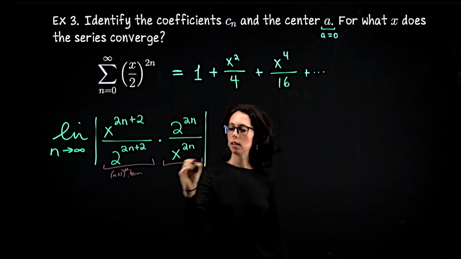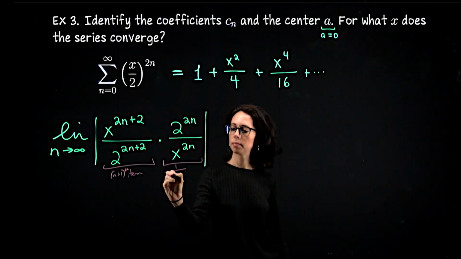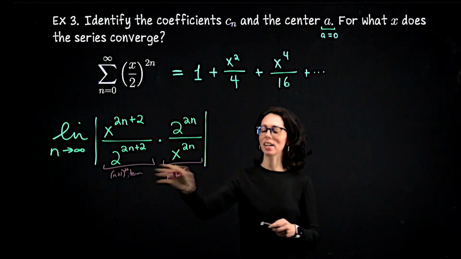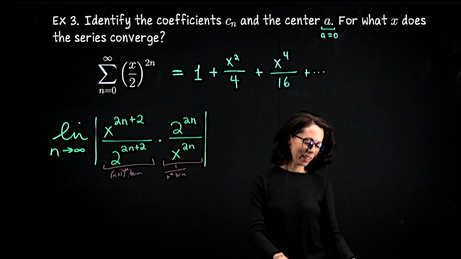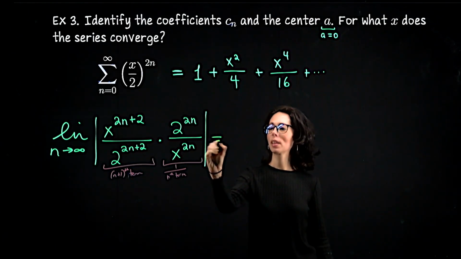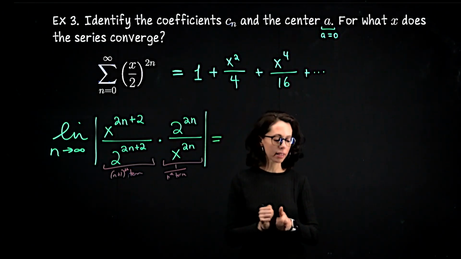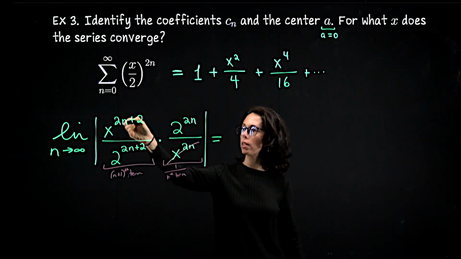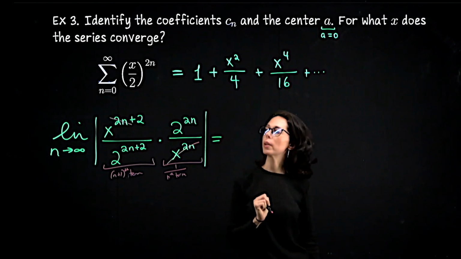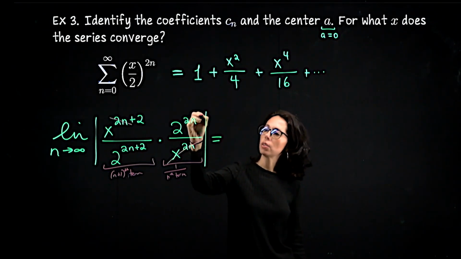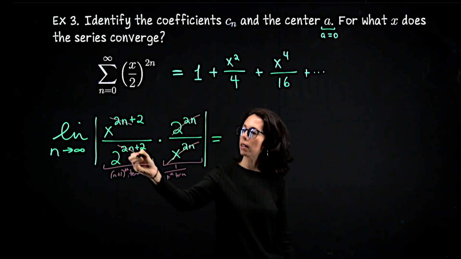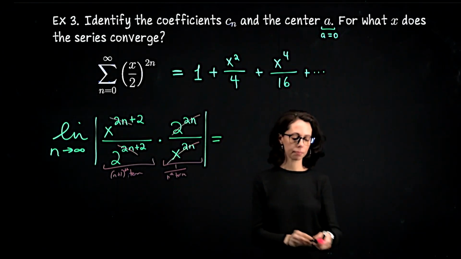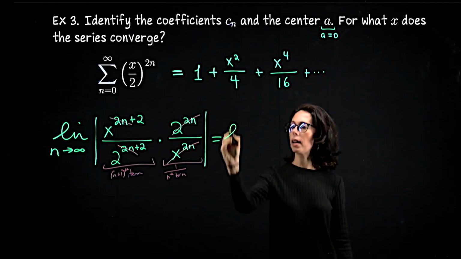And this is the 1 over the nth term. I don't know if you can read this teeny tiny handwriting, but I'm just trying to talk through how I set up this ratio. Let's do some cancellations. We have x to the 2n dividing into x to the 2n plus 2. That's going to get rid of that leading 2n term. Similarly, 2 to the 2n is going to get rid of the 2n part of this exponent down here in the denominator, leaving us with the limit as n goes to infinity